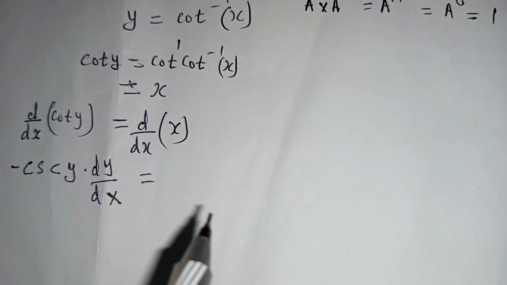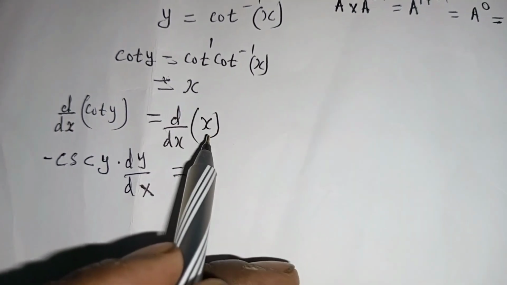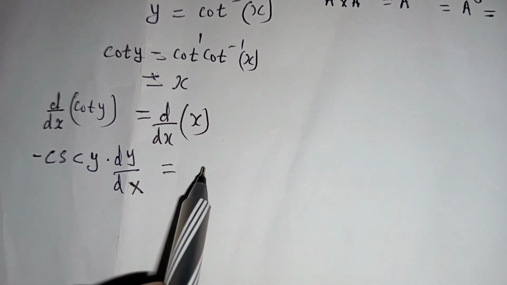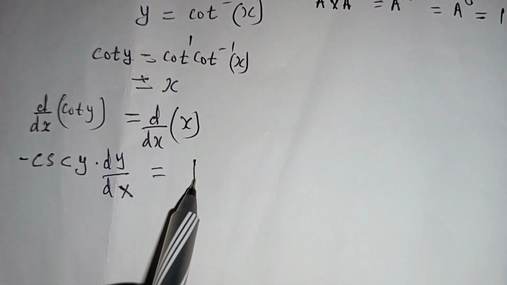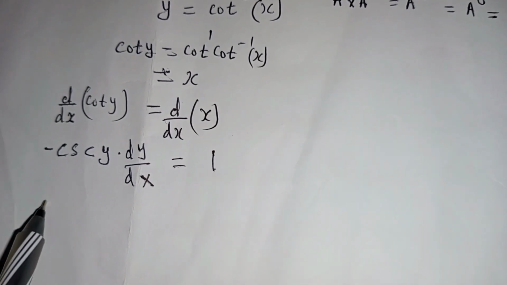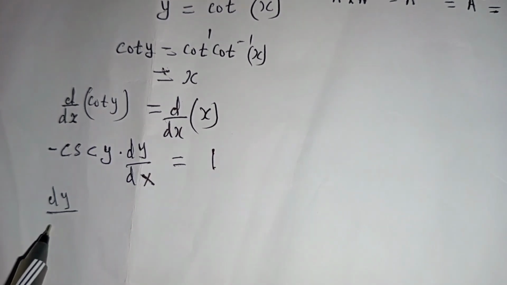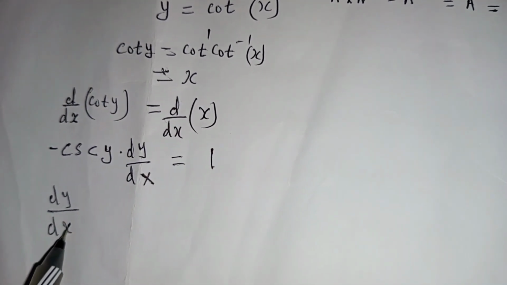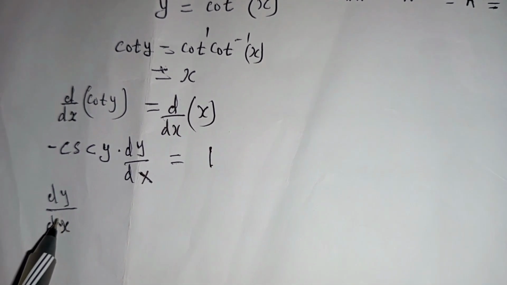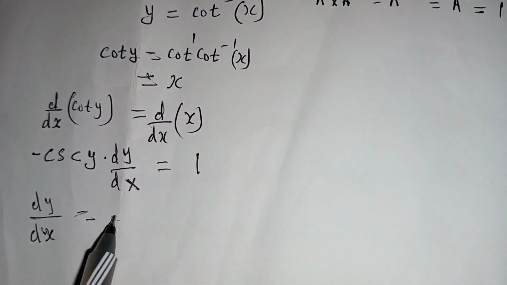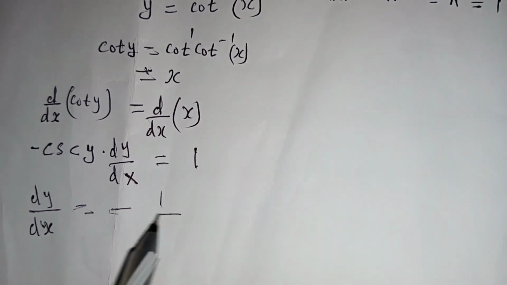When you differentiate x with respect to x, the result is 1. Then we divide both sides by negative cosec squared of y, so that we will have negative 1 divided by